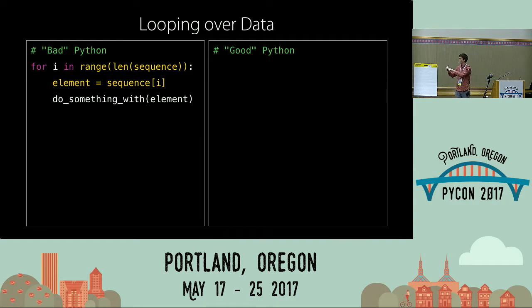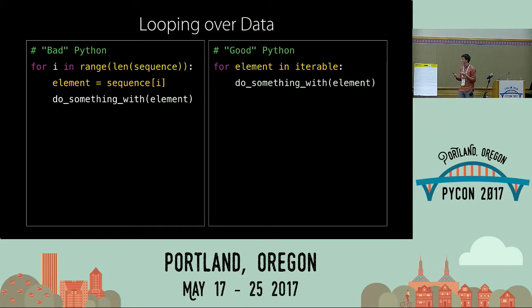It's under my section called bad Python because on the other hand, we all know what the good Python is here, with which you can replace it. We can just directly loop over our collections. If we're using a for loop, we can even use iterables. They don't need to be fixed size, and they don't need to be random accessible. And then we'll get these elements and just do something with them directly. These are the types of style changes I'm talking about today. A student may come into your class or your workspace understanding programming from a Java perspective and think it's perfectly fantastic to use the code on the left. And you can tell them through style feedback that in Python, a better way to approach this problem is to do something like the code on the right.